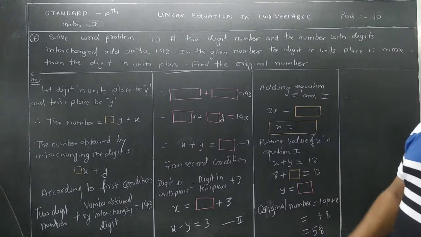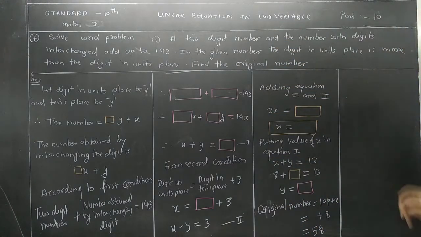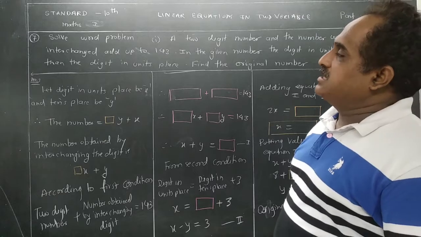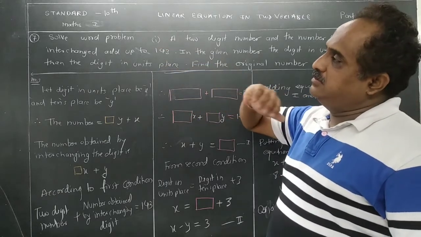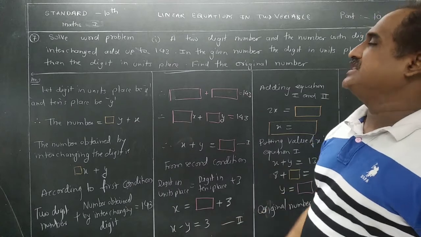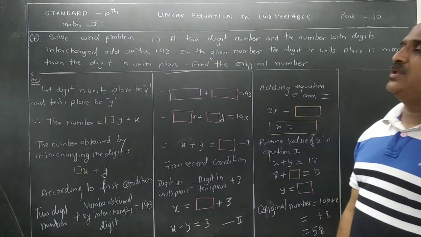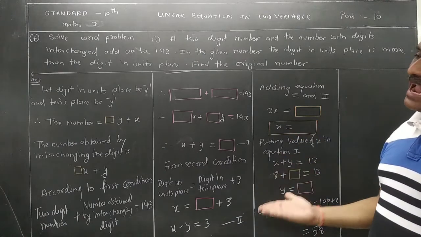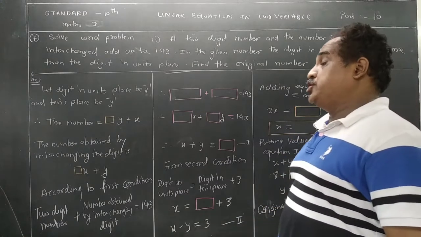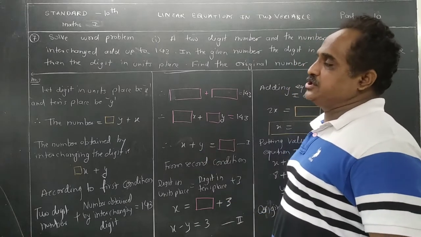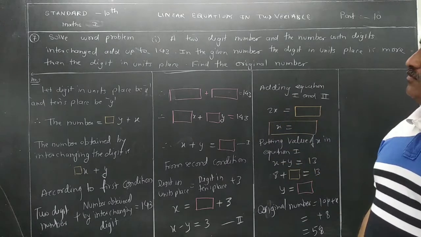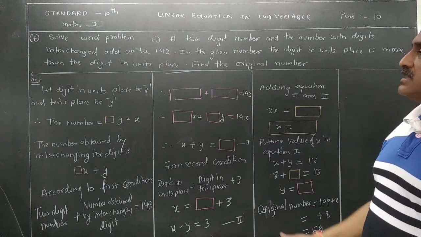Now this is the linear equation in two variables part 10. We are on the last part of the problem set. Today we are going to do the word problems. This is the first question of word problem 7, but this question is activity based. I told you that in the examination they are going to ask 6 marks questions which are based on activity, and the activity will help you, but you should have a proper knowledge of how to make the equation and how to solve it, then this will be easy and you can get these marks easily.